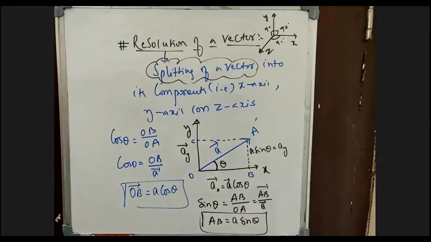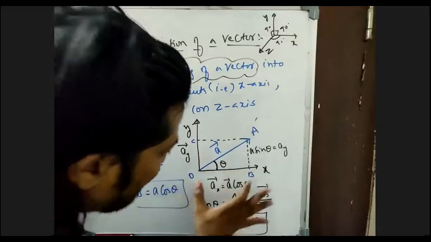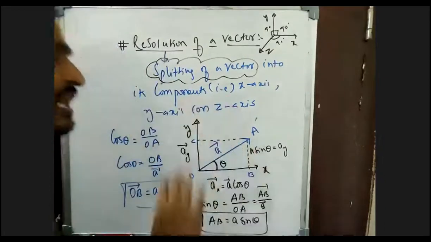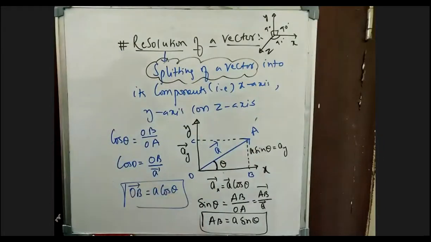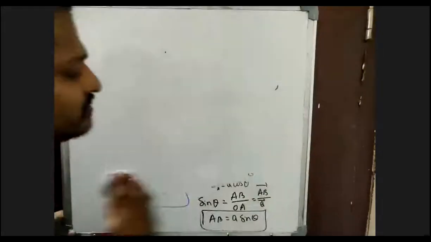Yes, chalo. So now make it very clear that whenever a vector is making an angle theta with the x-axis, that side is cos theta, and the perpendicular side will be your sin theta, part of the relation. So let us go for the next application of this one, faster way. Now you need to tell me this one.